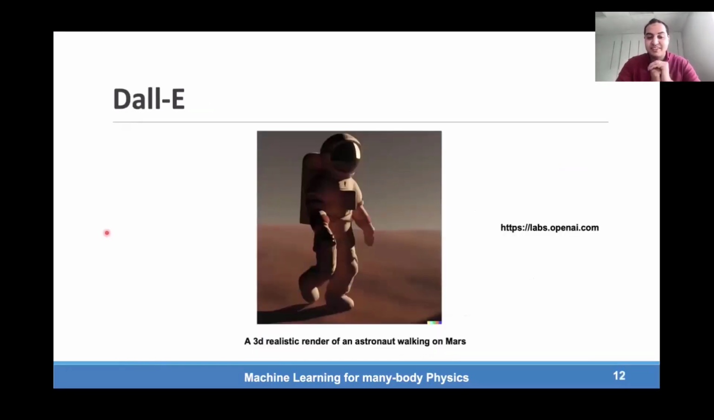And another application I want to highlight as well is the ability of machine learning to generate images, starting from just one simple sentence describing something you want to imagine happening in the picture. So this is the prompt that I gave to DALL-E, that you can also try on this link here if you're interested. I just asked DALL-E to generate a 3D realistic render of an astronaut walking on Mars, and it gave